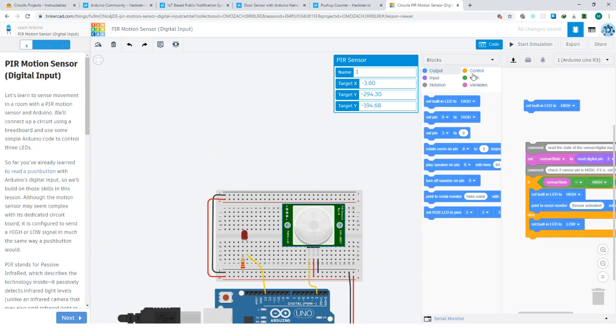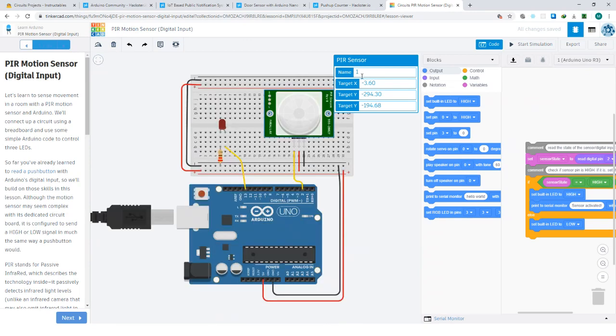There are various categories of blocks: math, control, output, input, notation, and so on. And the same way you can always delete blocks, the same way you have been doing it. So kindly ensure you learn more about it so that you are able to do some of these things